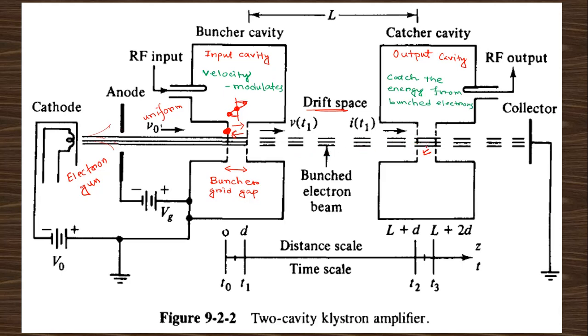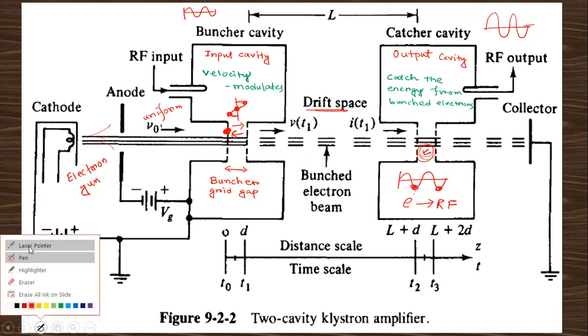After bunching, when the electrons reach here and are superimposed at that point, then the energy of the electron goes to this RF power, that means energy transfers from electron to RF power, clear. So when the energy transfers from electron to RF power, the energy of the RF power is enhanced. So if we input RF power like that, we will get the RF power with enhanced amplification. So that's why this is called an amplifier, okay. I think the mechanism is clear.